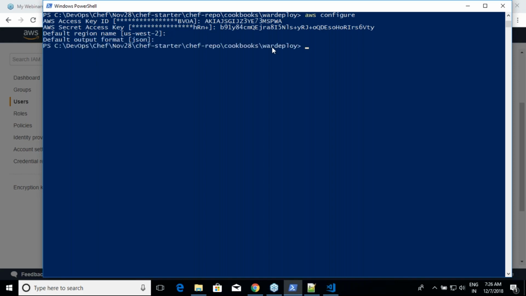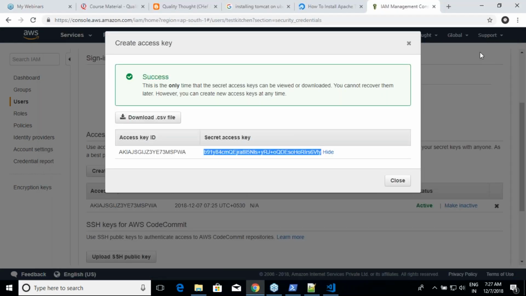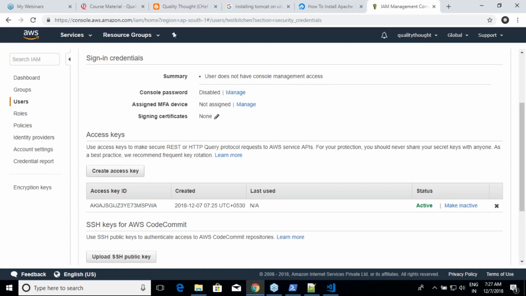So the first thing is, now my kitchen can speak with AWS when I configure this. If you don't configure this, whenever you try to run kitchen, it will tell you that it is unable to authenticate because it doesn't know who you are. Am I clear? In an AWS account, whenever you are logging in, you give email and password, right? But kitchen doesn't use your email and password. It uses the secret key and access key to get into AWS. Wonderful. Okay, so the first part is done. We have an access key and a secret key.